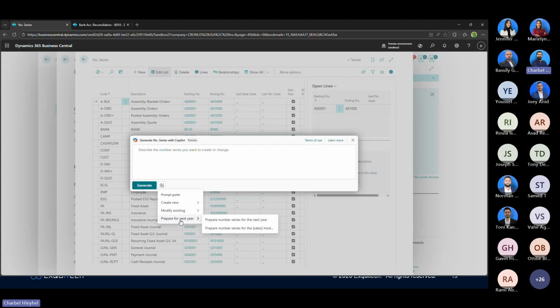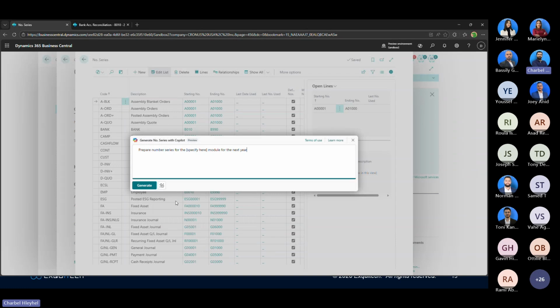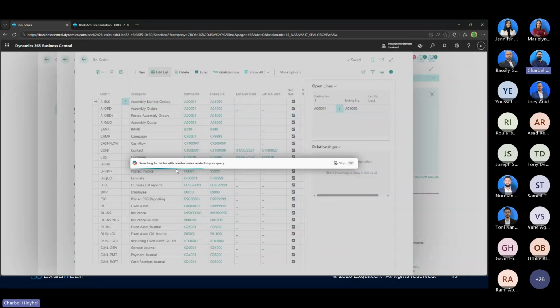So this actual prompt guide is going to help you phrase your request, and you can get these structured templates that are predefined and are continuously being modified actually. So let's say that I would like to prepare a number series, but I would not like to add the number series for the sales module. I would only want to add it for the sales code. So let's say I want to prepare the number series. I can edit the prompt that was already given, and I would like to modify the sales code for the next year. So once I press on generate,